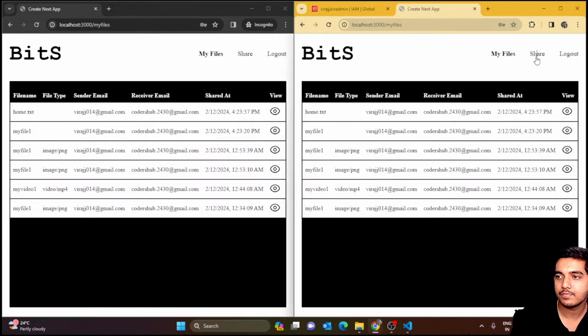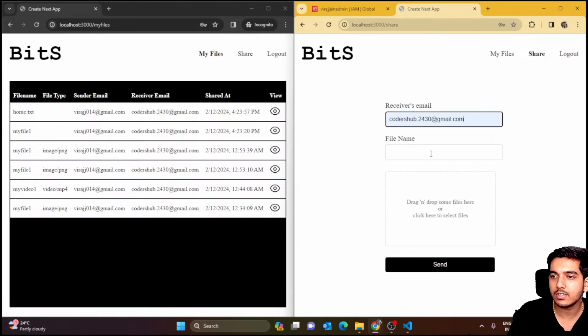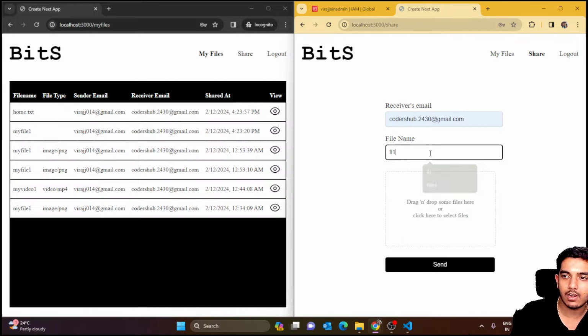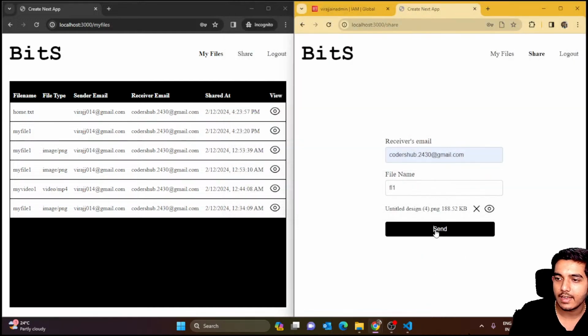Now if I go to share, and here I would just type the receiver's email. File name is what? Suppose fl1. Okay, fl1, and here I can select any file. For now I am selecting this file. Okay, so if I select open and send,